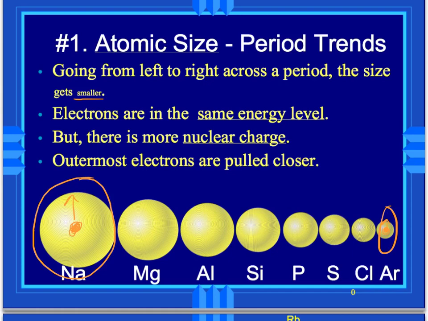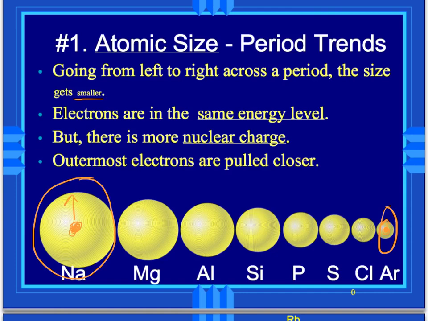Now the trend for atomic size as we move across the periodic table, going through the period, says that going from left to right across the period, the size gets smaller. Electrons are in the same energy level, but there's a stronger nuclear charge, and the outermost electrons are pulled in